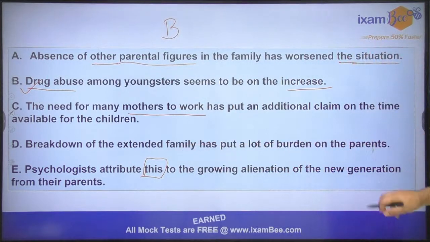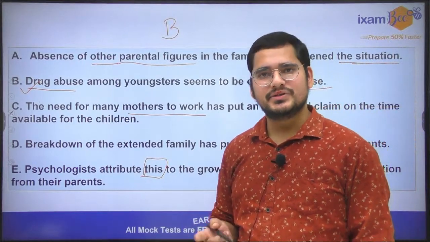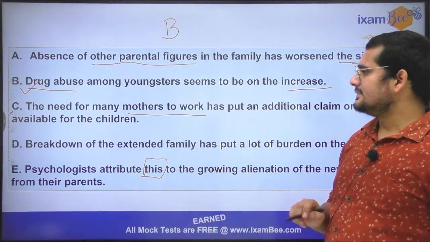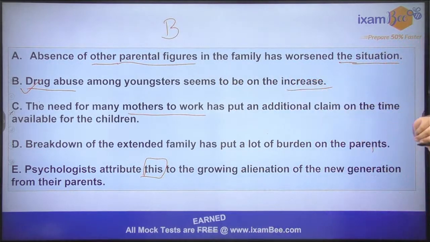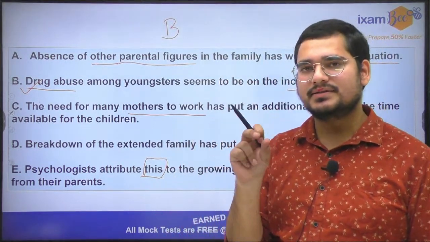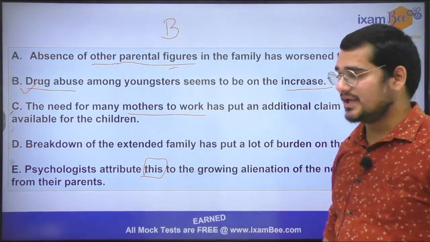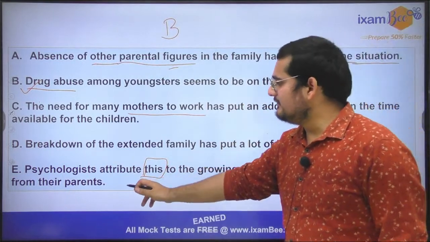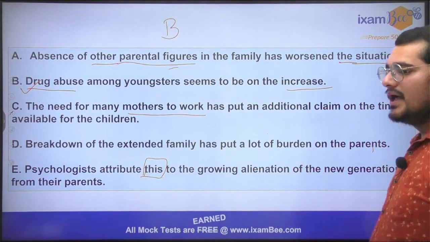ब्रेकडाउन ऑफ द एक्सटेंडेड फैमिली हैज पुट अ लॉट ऑफ बर्डन ऑन द पेरेंट्स, नहीं, यहाँ पर भी फिर से पेरेंट्स के बारे में बात हो रही है, सो दिस कांट बी वंस अगेन सेकंड सेंटेंस। देन absence of other parental figures in the family has worsened the situation। ठीक है, सो यहां पर भी नहीं एक करेक्ट सेंस बन रहा है बिकॉज इट्स टॉकिंग अबाउट पेरेंटल फिगर्स। ठीक है, सो अब हम पढ़ते हैं ई वाला, साइकोलॉजिस्ट एट्रीब्यूट दिस टू द ग्रोइंग एलिनेशन ऑफ द न्यू जनरेशन फ्रॉम देयर पेरेंट्स। नाउ